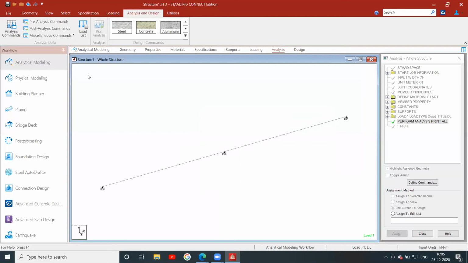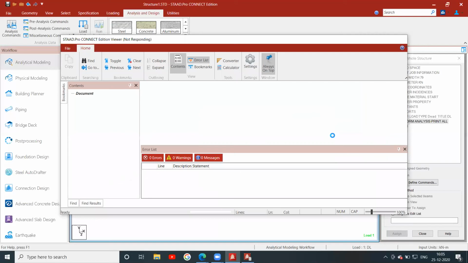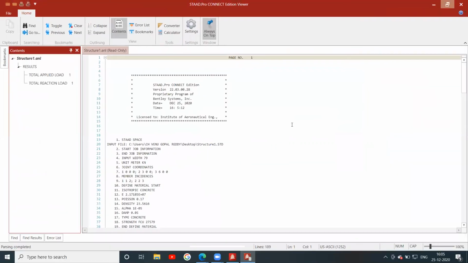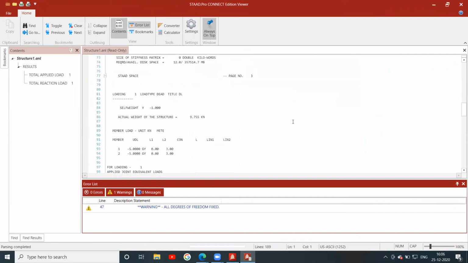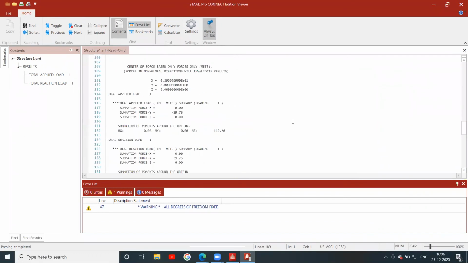Now output is coming here. You can see, this is the output. Load calculation, everything, output has calculated different values.